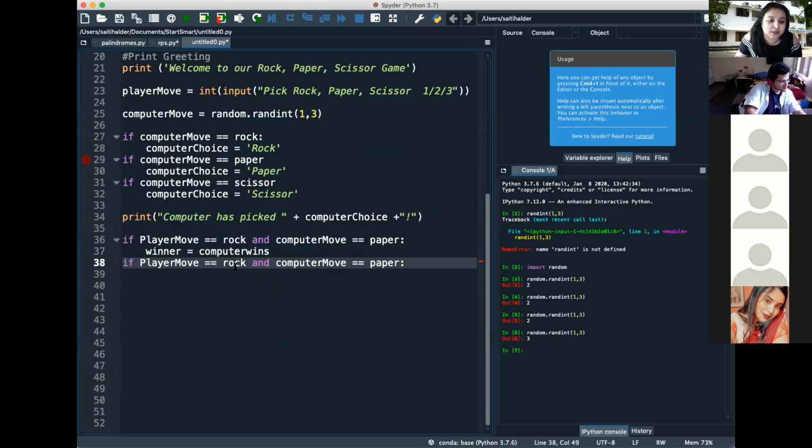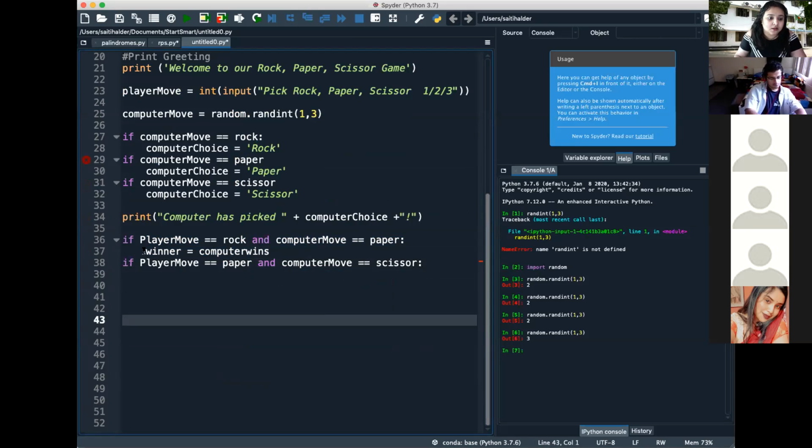the player will win. Okay, so if player move equals paper, and if the computer picks scissors, scissor, then